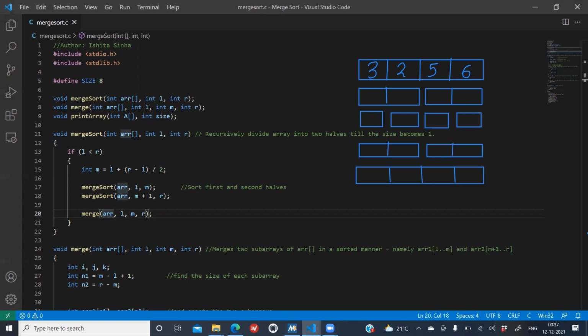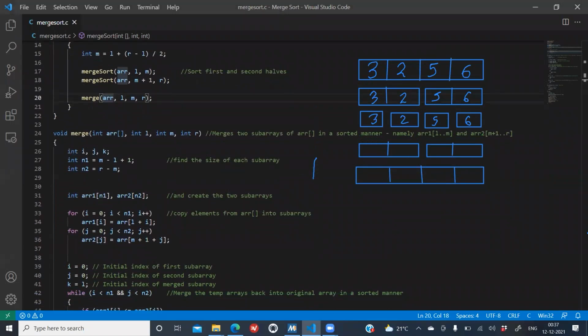So in this code, as you can see, the merge sort function is repeatedly called. So it is a recursive function. Let us see with the example how the merge sort function will work. So as you can see, I've taken an example. So when it gets divided, first it will get divided into two halves. Then it gets divided into four halves. And the size of each is 1. Now the merge function will get called for the first two halves.